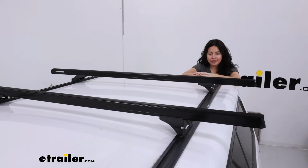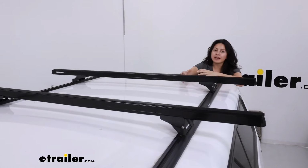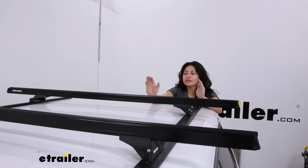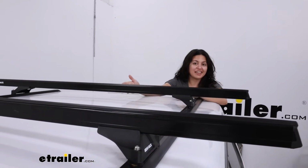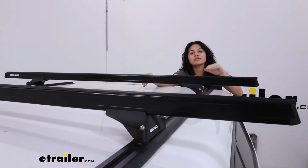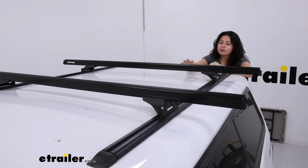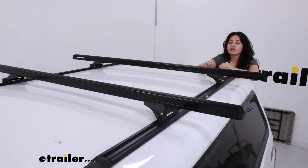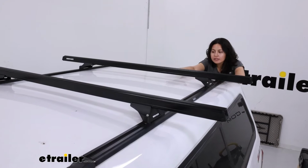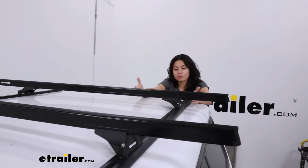With your Silverado 2500, if you have that camper shell on there and you really wanted to maximize your truck and still be able to carry around cargo even on top of your roof, this is the track that I would go with. It's very helpful to have these tracks installed to the roof and then to have a honestly low profile tower that I can adjust back and forth. We do not need extra height with this truck, so having something that sits lower but also gives a lot of that weight capacity and capability